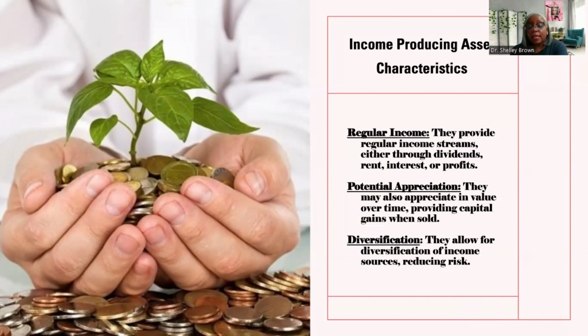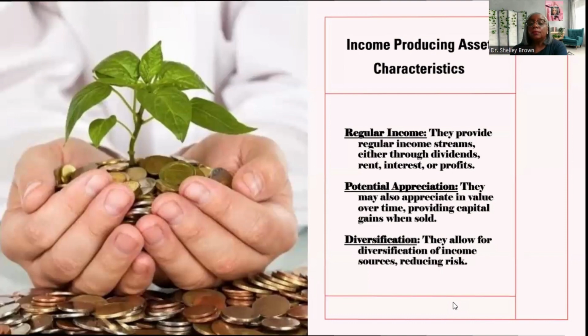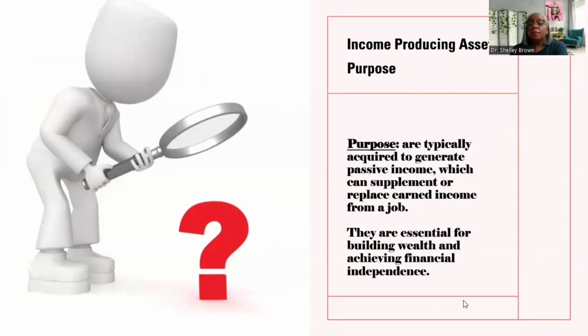So you may have real estate and stocks and bonds. You may own a business and have real estate, stocks, or royalties from a book that you may have written or music you have produced. So when we're talking about diversification, that means that you own assets in more than one asset class. All right. So then the purpose of income producing assets is to generate passive income, which can